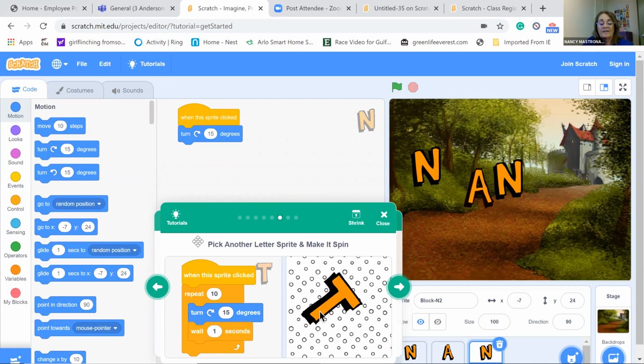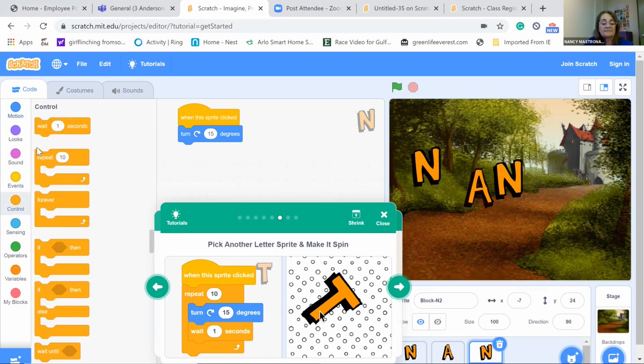All right. And then it says wait 1 second. So if you notice the color, that is gold. And also there's a repeat loop here that says repeat 10 times. So that's under the orange controls. So click and drag over, wait 1 second. And now we're going to get the repeat 10 block